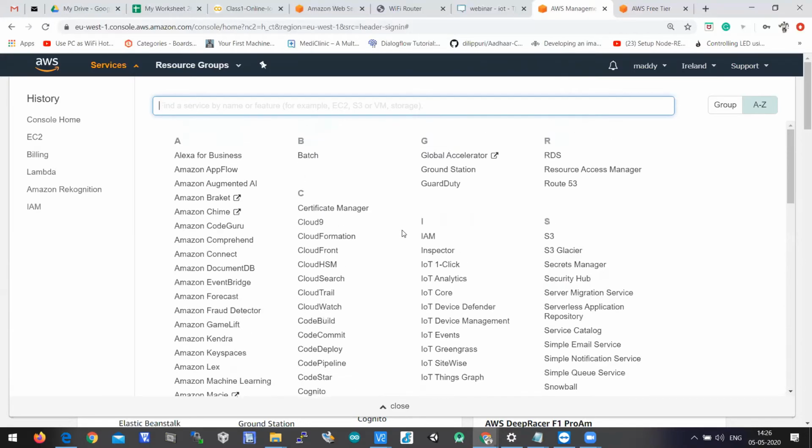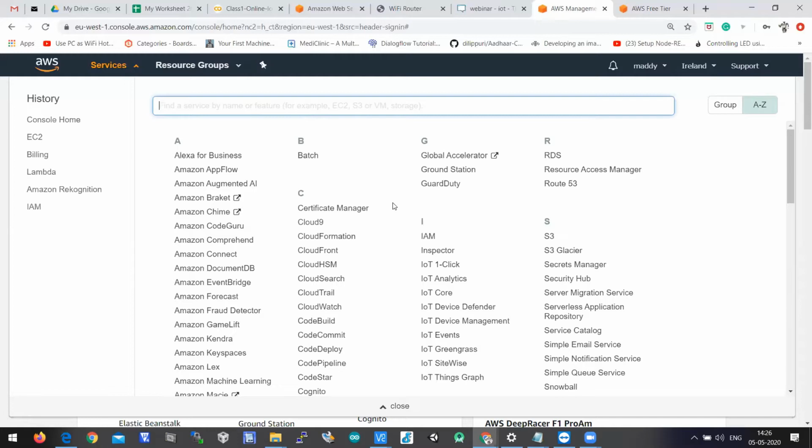Unless you subscribe to a service, that service will not be connected to your account. Every service has a subscription. You need to select the service, and if you opt for it, only then will billing start. Though there are services available here in AWS, billing will never happen unless you use them. So the policy is pay as you go. If you keep using the service, then billing will continue on that service.